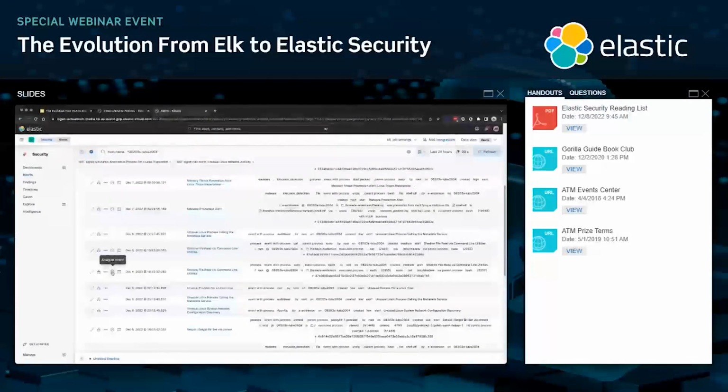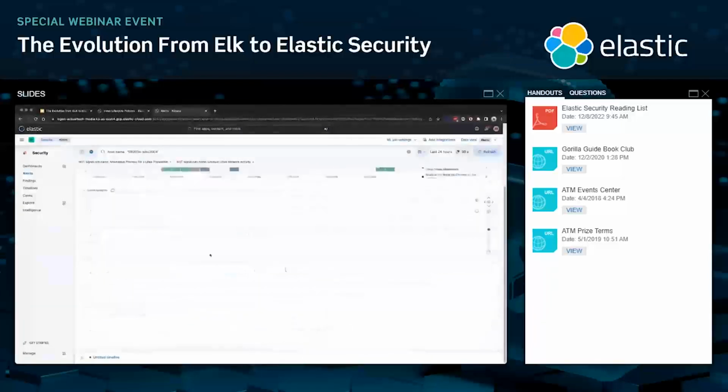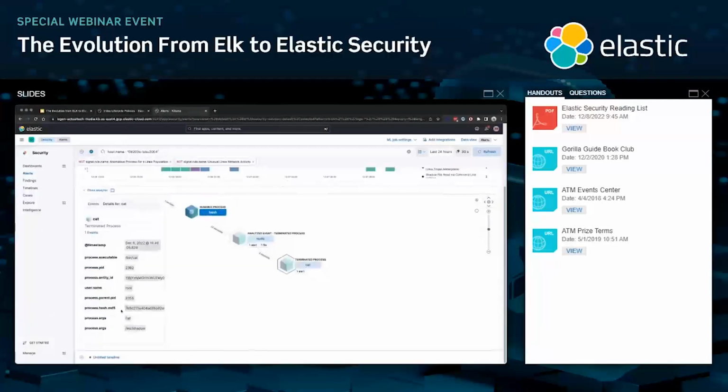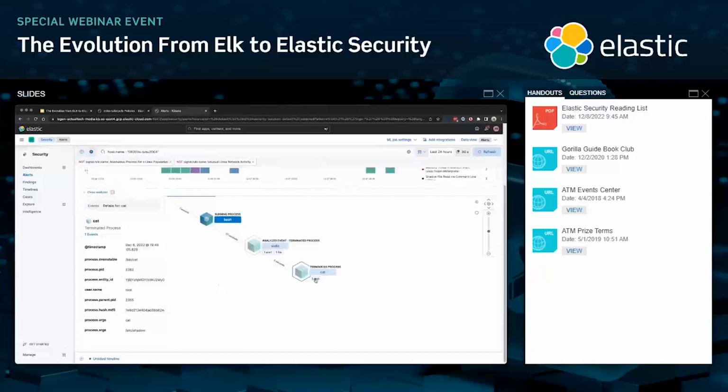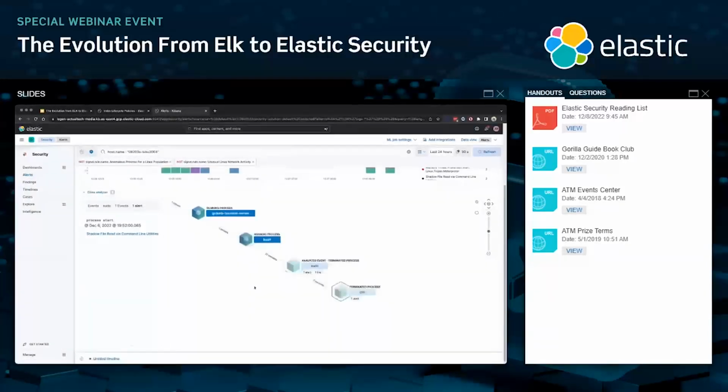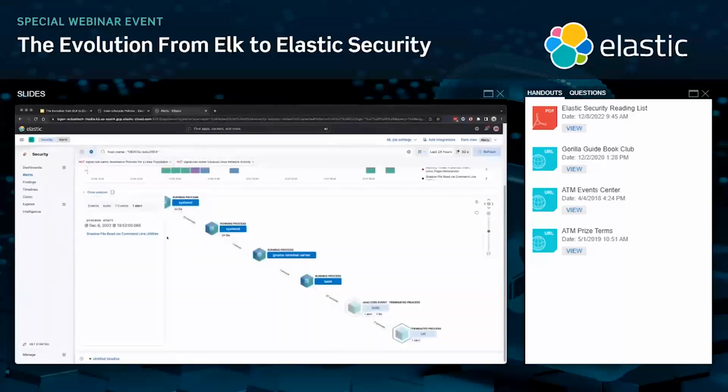We also have a couple of other cool UI elements here. If I hit this little diamond icon on this alert, I'll get a graphical representation of what that whole process tree looked like. And it's interactive. I can click on the cat. I can see my cat etc shadow down here, which is a rule that fired. I can click on the alert associated with that and have a hyperlink over to the specific rule that fired, if I want a graphical representation of that kill chain or that process tree.